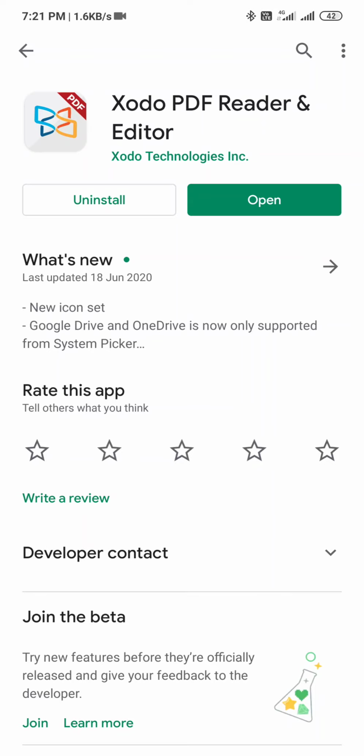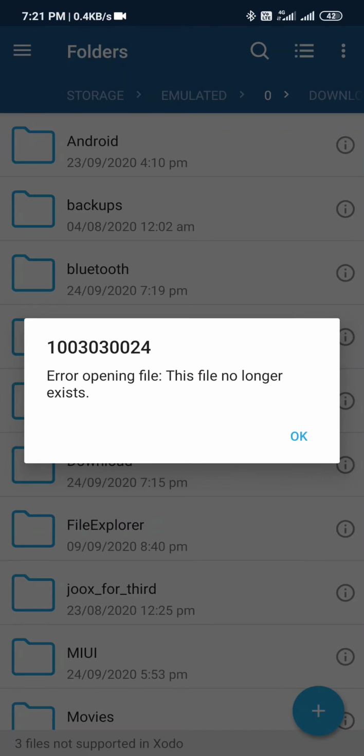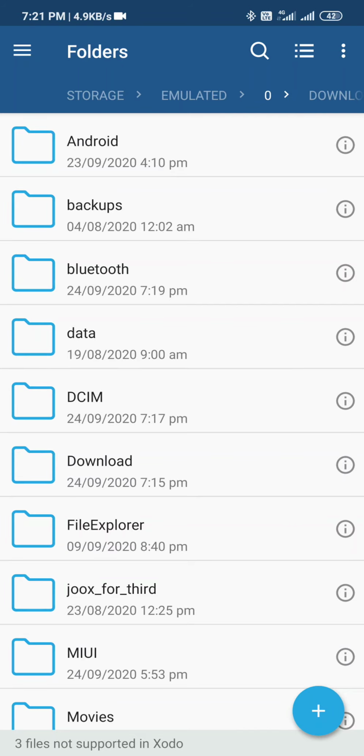Since I have downloaded this application, I can open it. You could see a file manager here.